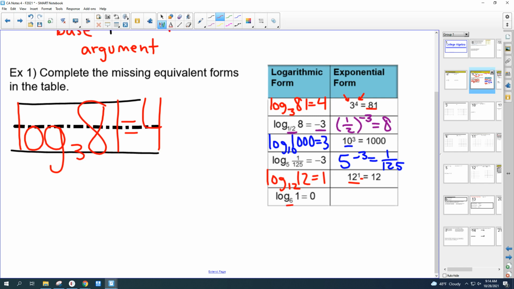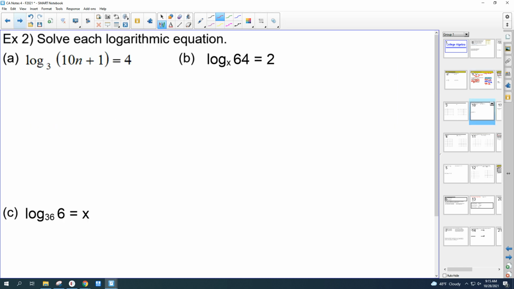The next one, you've got a base 6. You've got an exponent 0, and that equals 1. And that should make sense. So we can go back and forth. A logarithm and an exponential, those two are very, very closely related. We can use that to solve and graph and do some other things. Number 2,